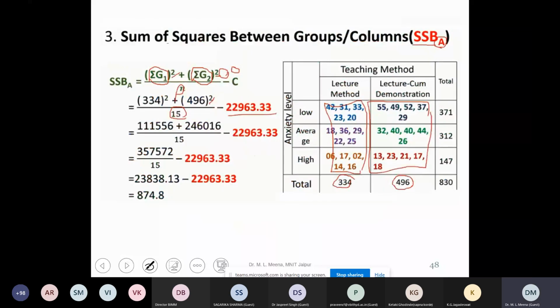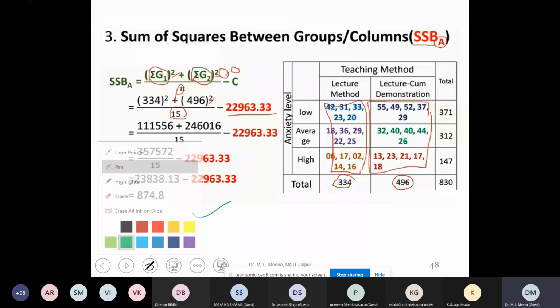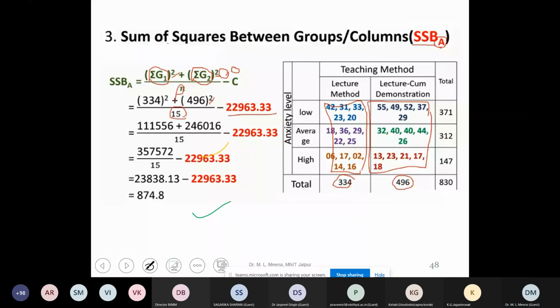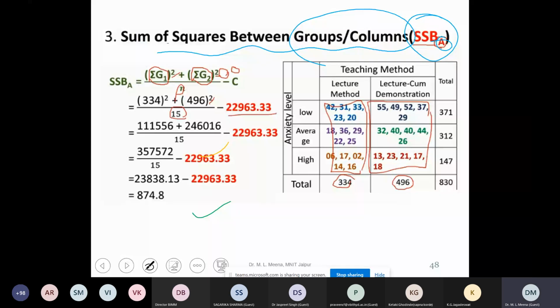Now second is sum of square between groups or columns, denoted by SSBA. A is the first factor, and the first factor is teaching. So solve this. This is the formula: summation of group 1 whole square, group 2 whole square, divided by n, minus c. Then solve all values, add these, square this, add these, square this, and finally the result is